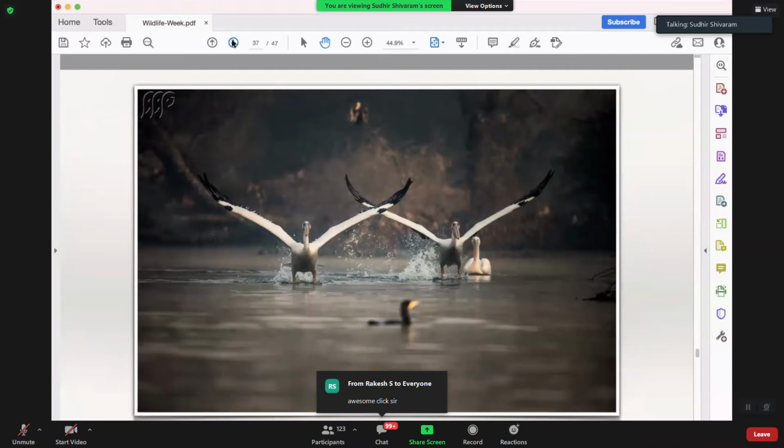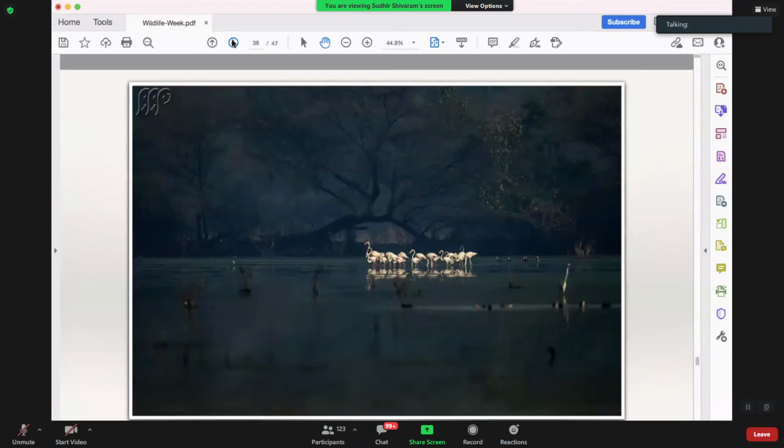Again, creativity and action go hand in hand, where sometimes you use the diffused light and also post-processing, reducing the contrast to make these kinds of images. Again, this was shot with an 800mm. So this looks like a wide angle shot, but it is very far, what we call long shots. Generally from a tele lens we get these long shots, which give you a wide angle perspective, but it's actually a tele shot.